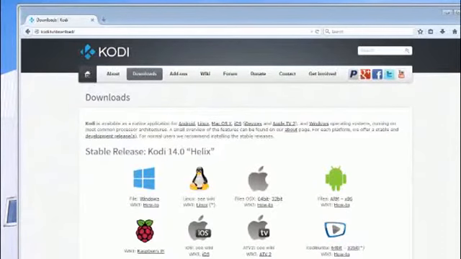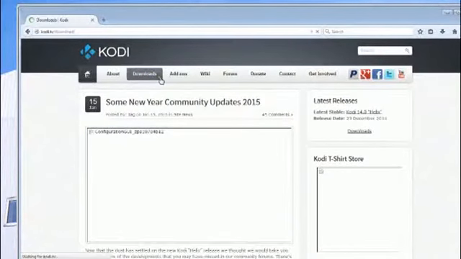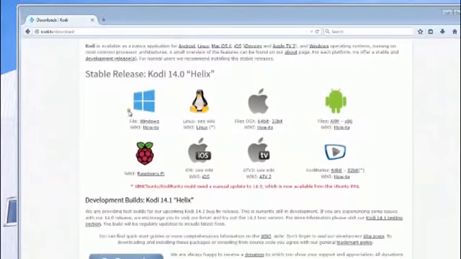In this video we're going to talk about how to install Kodi. It's previously known as XBMC, and this is a free media player that you can download and install on various devices. You just go to kodi.tv, that's the home page, and to download you just go to the Downloads tab, which gives you the ability to download the Kodi media player on whatever platform